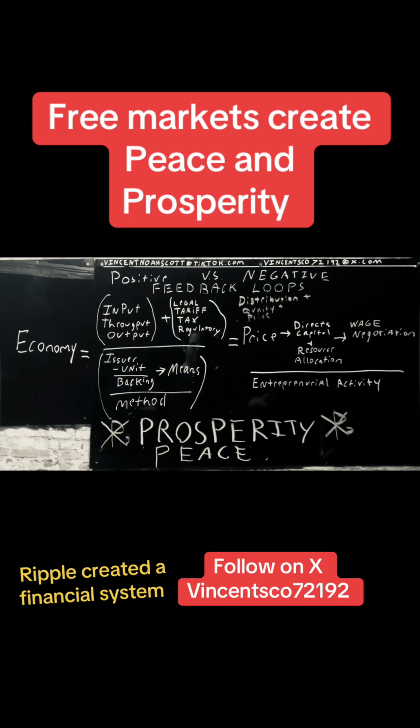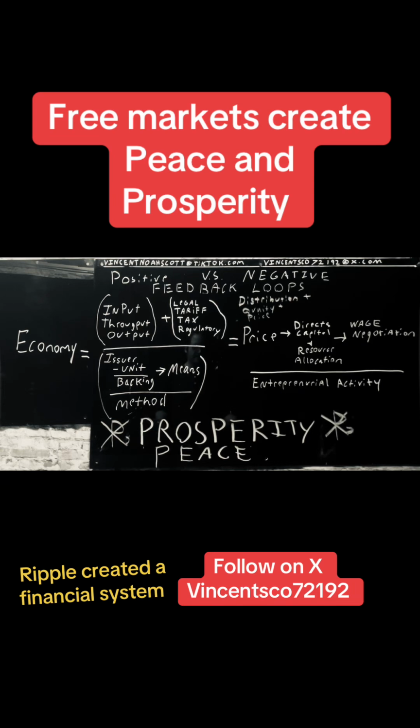And yeah, it expands out to the world depending on the legal and the tariff and the tax and all that. But all of it occurs with units that have a backing, means, and method. And those units are produced by issuers. Go watch previous videos to understand every one of these things. Remember, the unit, that's the money. The means, well, that's how it's going to transmit. And the method, well, that's your platform that all of that economic activity is occurring with.